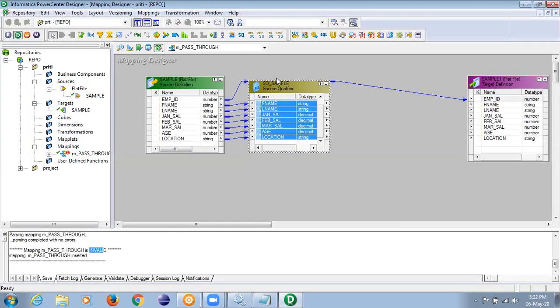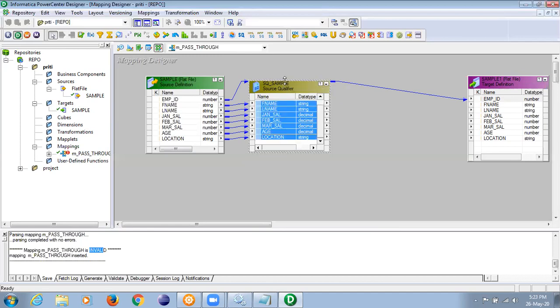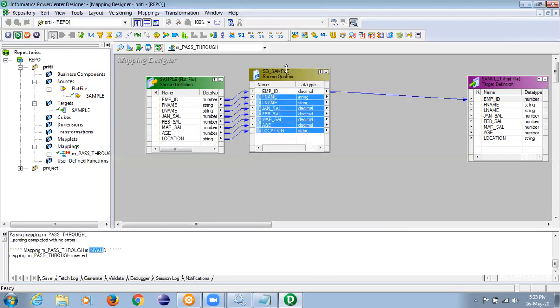Similarly, I can select all. Just a second. What happened? Did you see I selected all? Shift and down arrow, drag, drop.